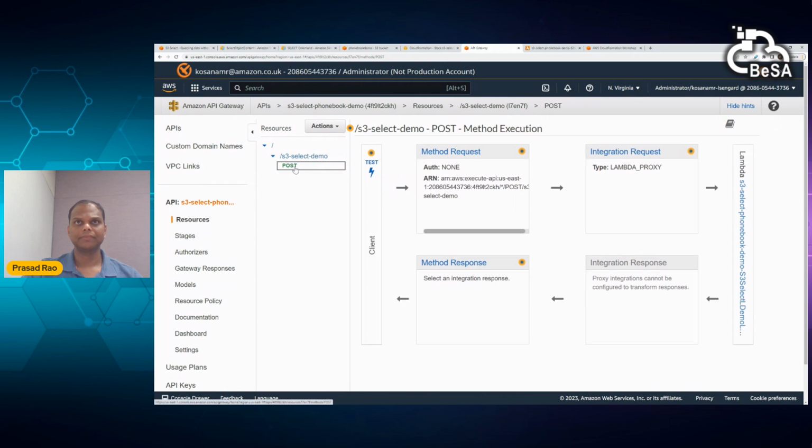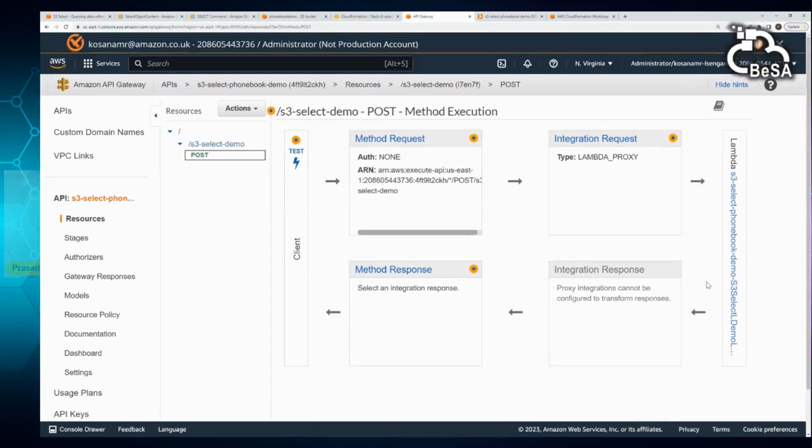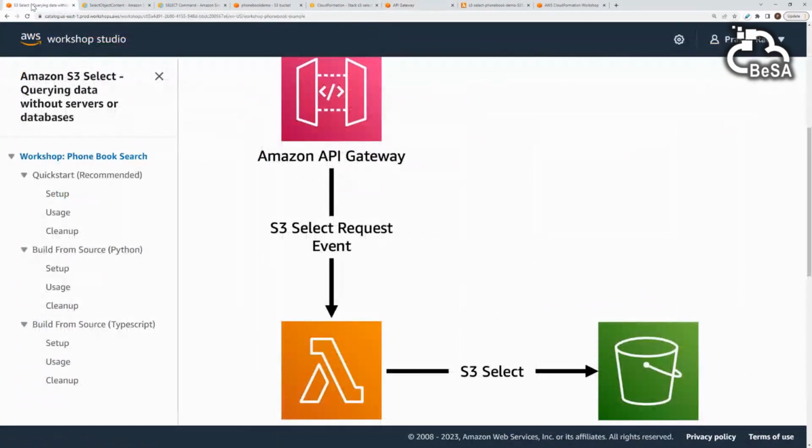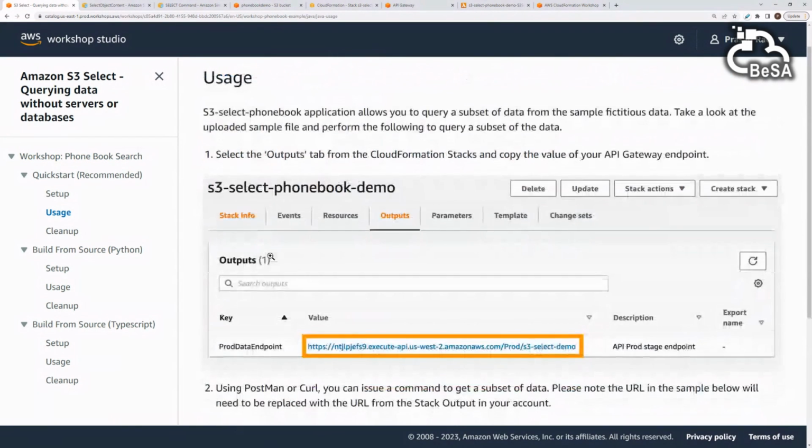So that request goes to the Lambda function that we have looked at. We'll look into the code of that in a moment. It goes through and gives us a response. So to use it, the setup is done. If you look at the usage part here, it says that in the output tab, we do have the link,